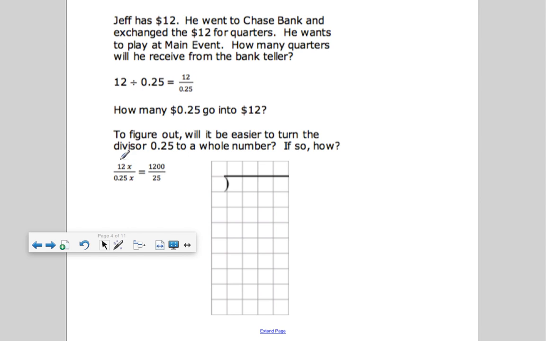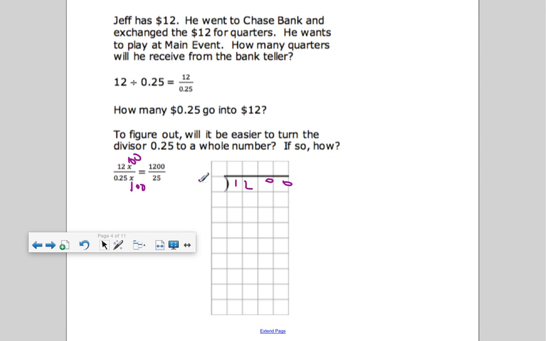To figure it out, I rewrote it as a fraction: 12 divided by 0.25. What power do I multiply to get from 0.25 to 25? Well, since it's in the hundredths place, I am multiplying by 100. As some kids say, I prefer the shortcut. I move the decimal 2 over, 25. If I move this 2 over, that'll be 1,200. So let's answer this question. If I have 1,200,